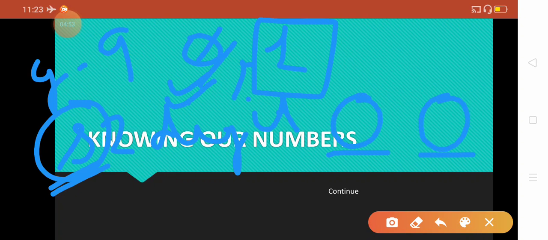But this 0 0 means nothing. So what will you do? You just simply put 1 here rather than 0. On the unit place, or on the right side places, you have to put 0, but on the first place to the left you have to put 1 each time. So the smallest two digit number is 10.